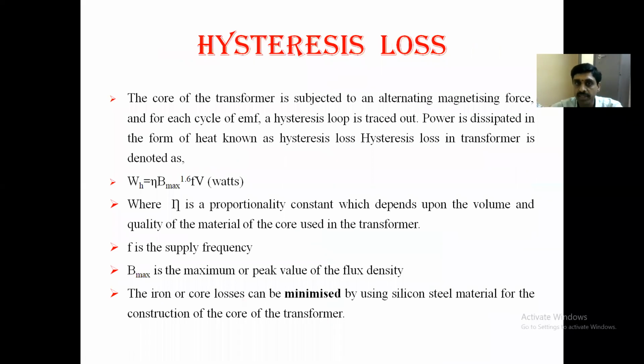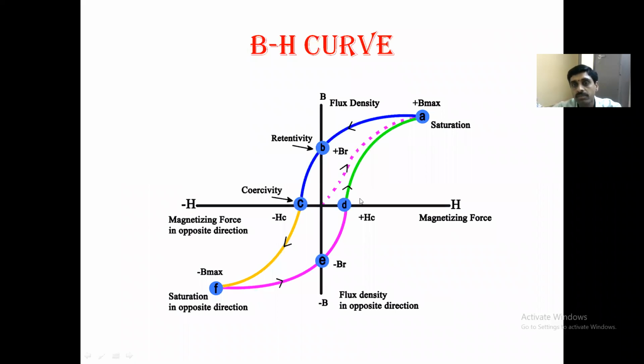We have seen what hysteresis loss is; I discussed it in the last class. We know that because of the magnetic reversals, hysteresis losses will be there. This part I have discussed line by line. And these losses can be minimized by proper selection of the material. So this is the BH curve, with magnetization and demagnetization. Because of these magnetic reversals, hysteresis losses will be there. A narrow BH curve has low losses, and if the BH curve is wider, losses will be more. That's what you have seen in the first unit itself.